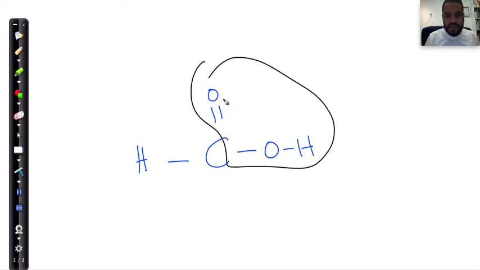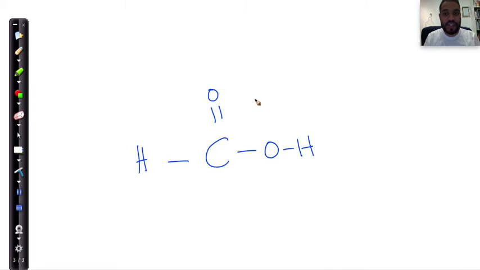If I have a carbon and I double bond that carbon to oxygen, and at the same time bond that same carbon to oxygen and hydrogen, I see COOH. I've got 2 bonds, 3 bonds, and a 4th bond around the carbon atom, which now gives me all 4 bonds around it. This here is my functional group: double bond O, bonded to oxygen, bonded to hydrogen. That tells me this is going to be the carboxyl functional group